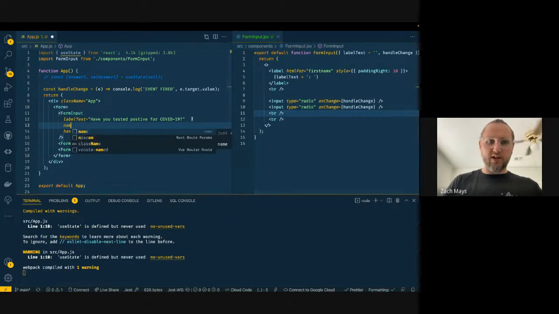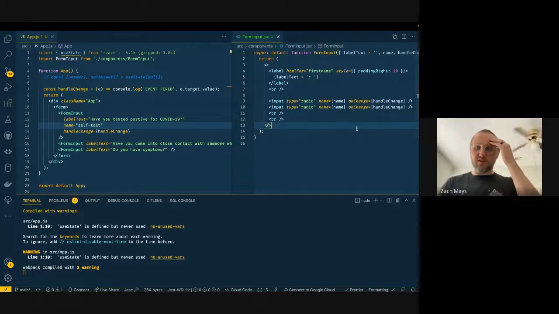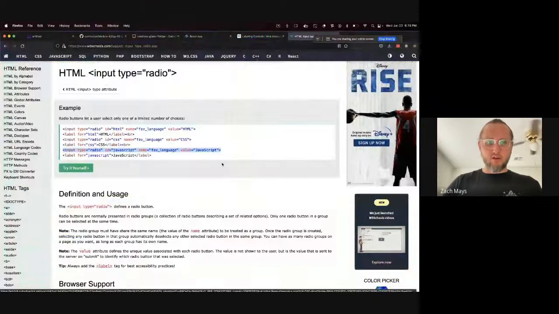This is where I want to say name equals, let's say, self-test. I'm going to get the name here as a property as well. And then I want the name to get passed down, just like onChange and stuff. Name equals. And what this does is it keeps them consistent. I want the value